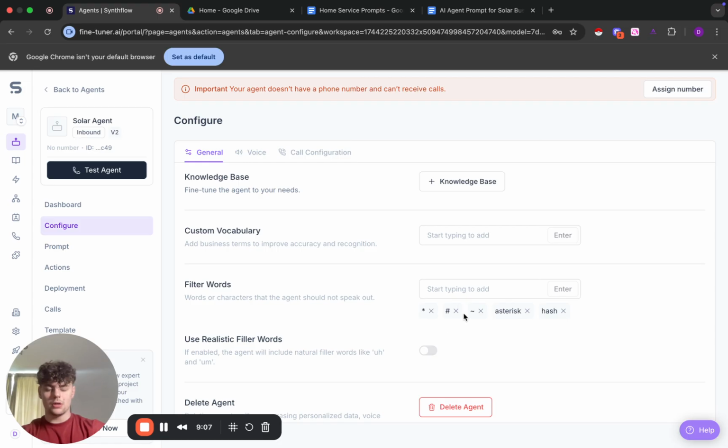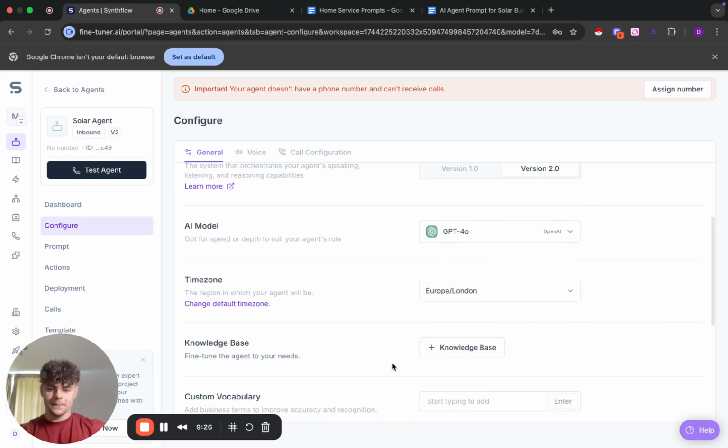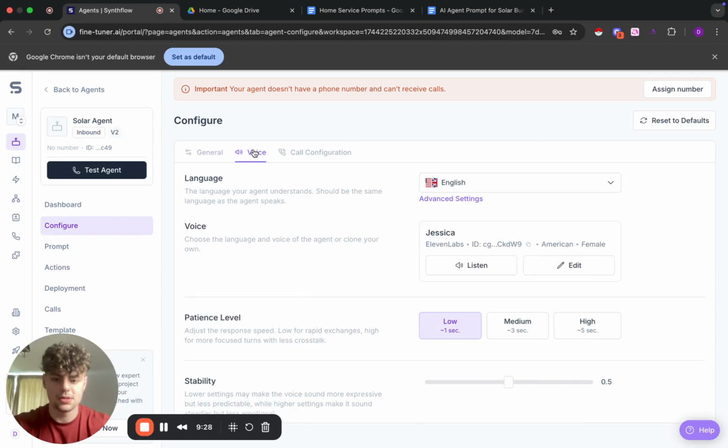Filter words. So sometimes when we're prompting, if you use a hashtag, then that's an instruction for the prompt. And obviously you don't want the AI to say hashtag and then start speaking. And then we also have use realistic filler words. So this is going to make the AI use filler words like that. We also have voice settings as well. So like earlier,